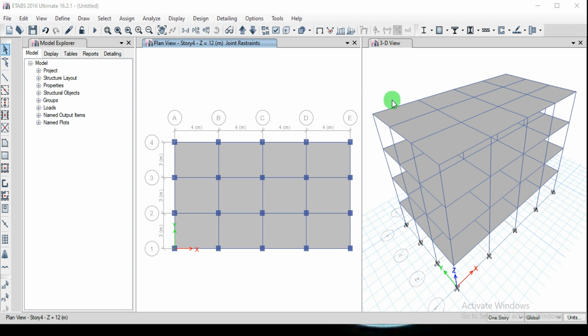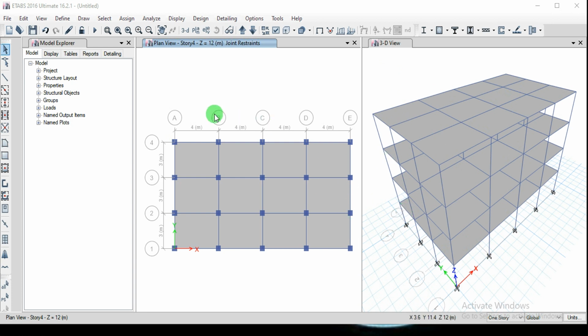And one more thing, in the previous video I set the number of stories to 6, but we got 4 here, because while explaining, I had taken the custom option and again went back to the original position. Because of that, there is a small disturbance here. So you can just define the number of stories as per your requirement. We will be doing a model for the 4-story building here.